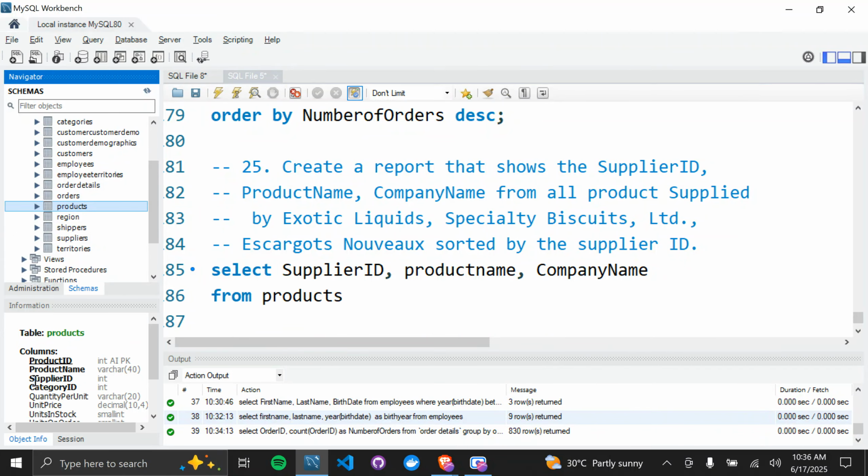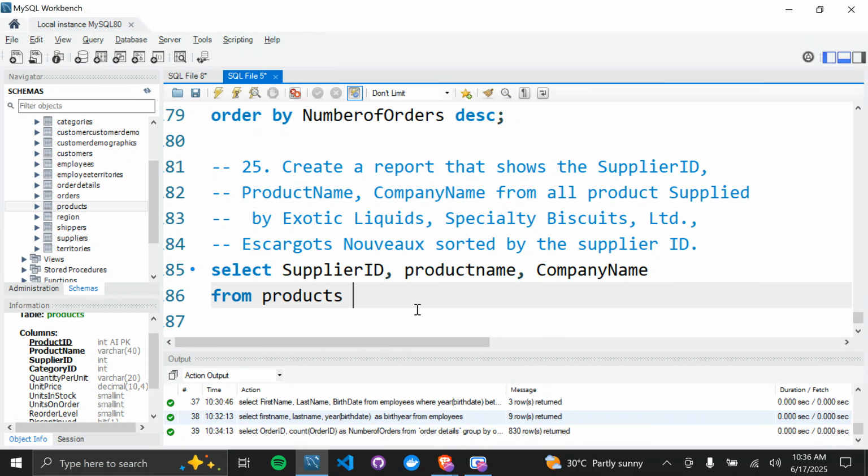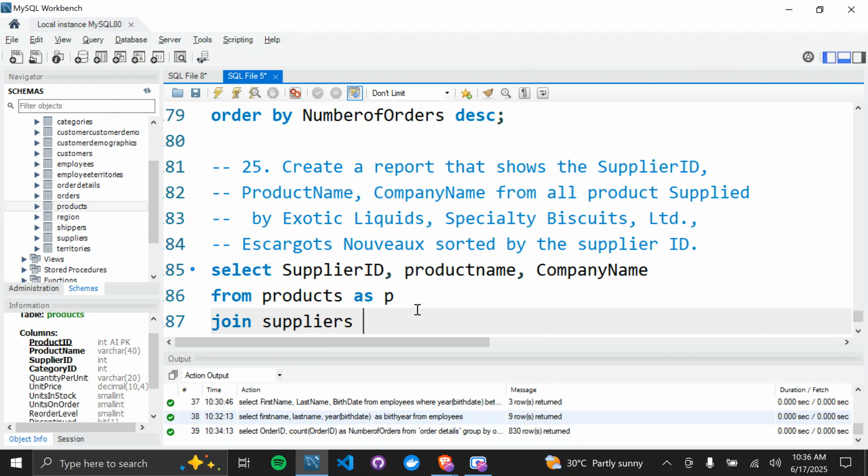So if you check products table, you see supplier ID here, product name here, and company name. No, no. We need a join. Perfect. We need a join because there is no company name in products. So this is the first case where we need a join. So we say select from product as P, join suppliers as S on S dot supplier ID equals P dot